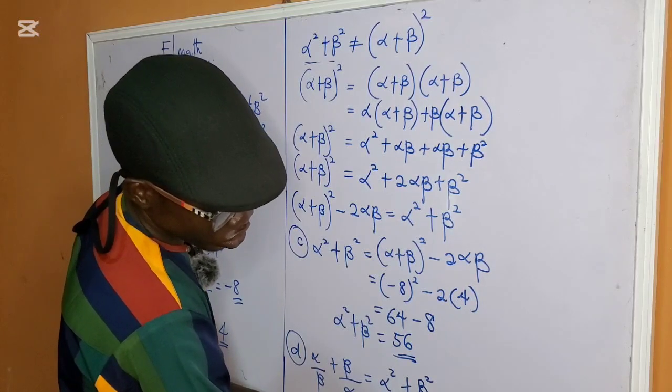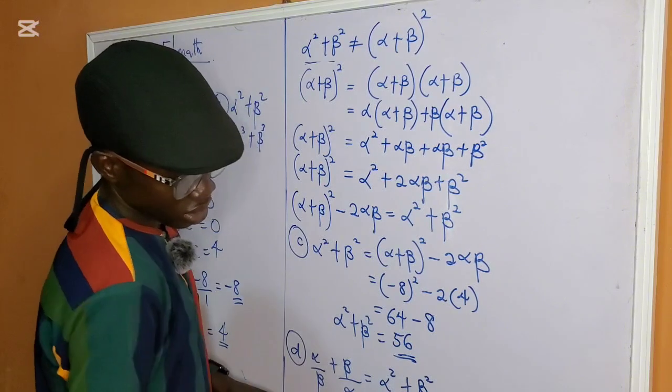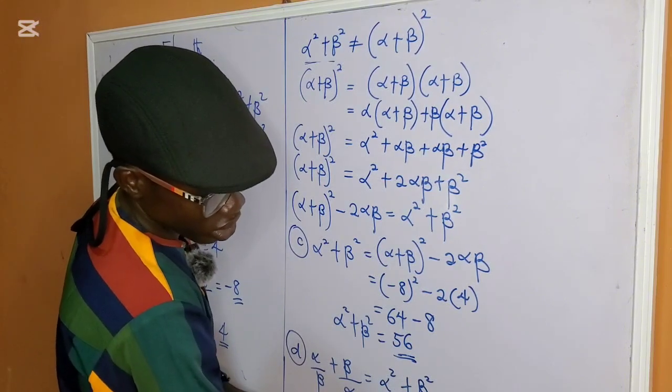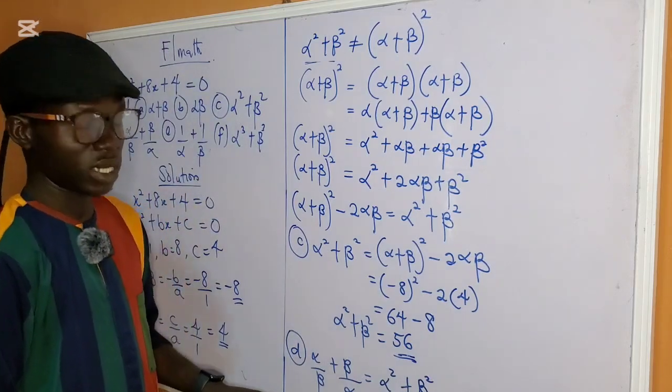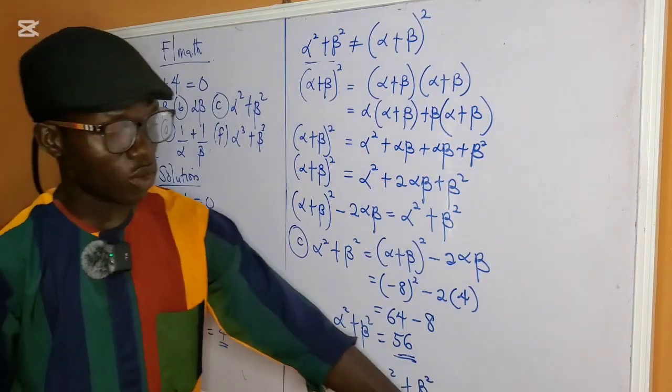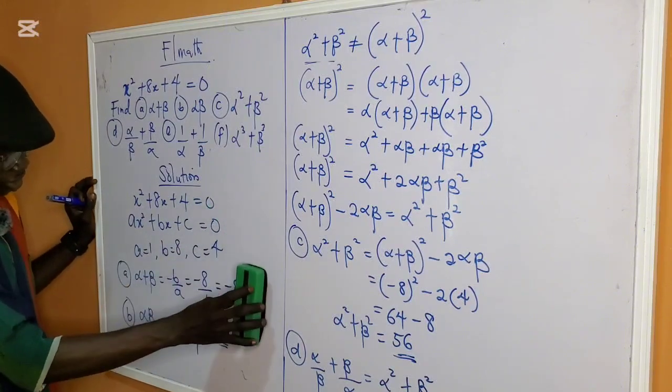2 here, 2. 2 in 56, that's 28. Then 2 here, 1. 2 here, 14. Therefore, our alpha over beta plus beta over alpha equals 14. Now to the next one, which is